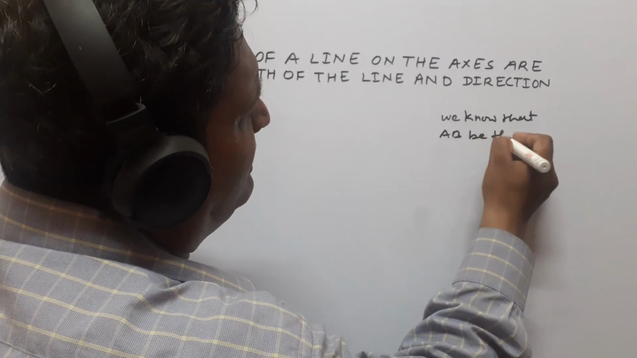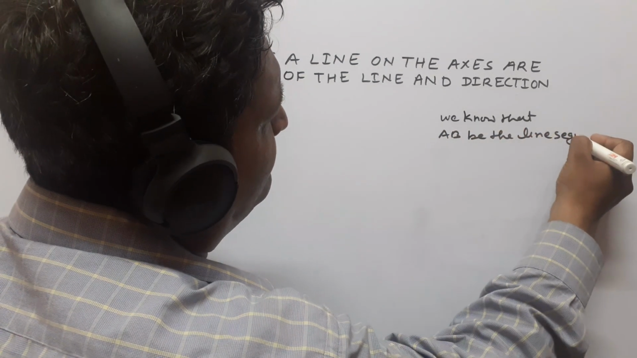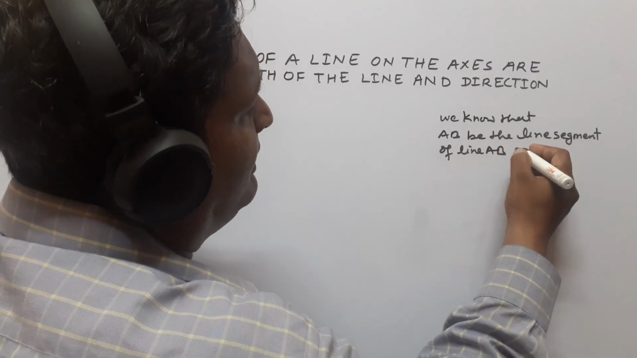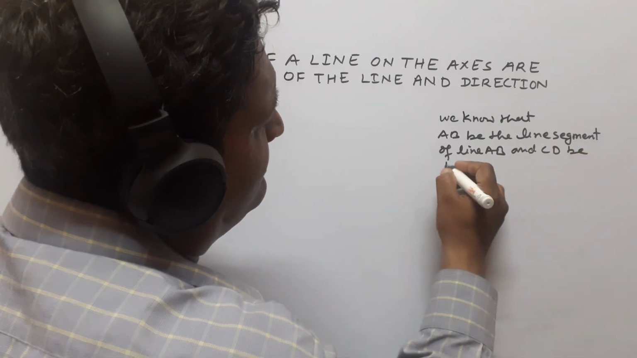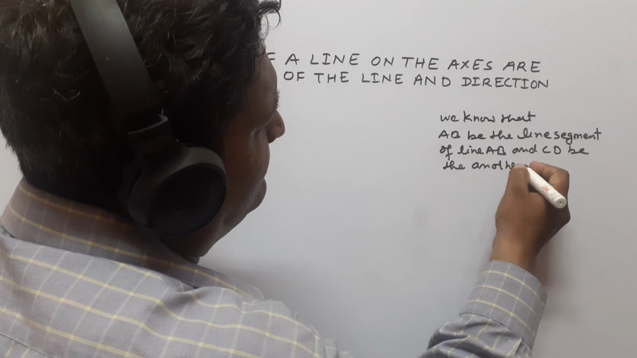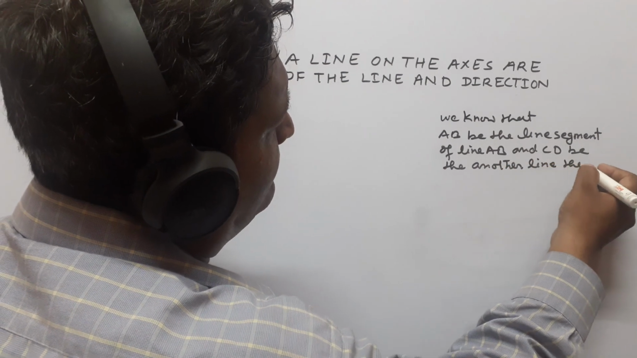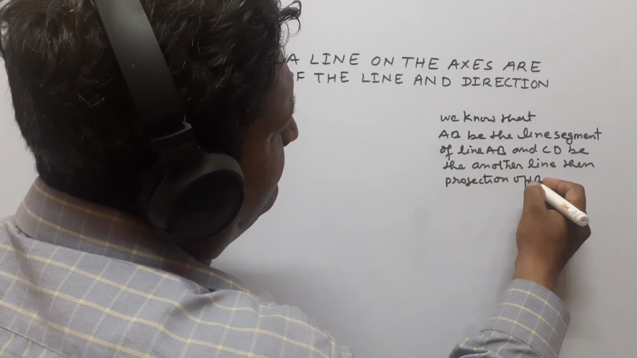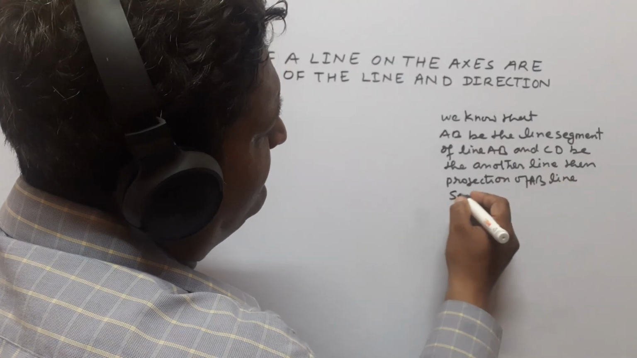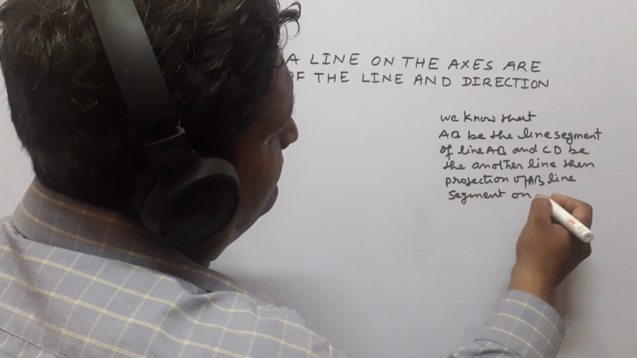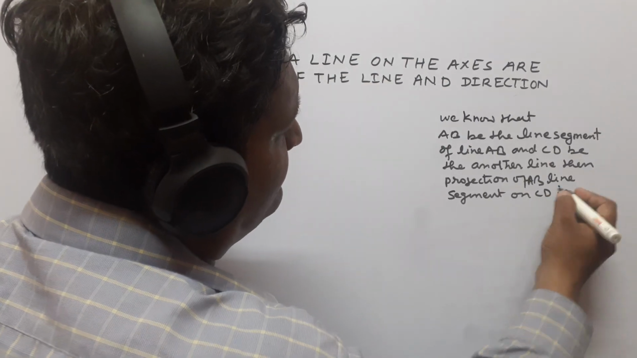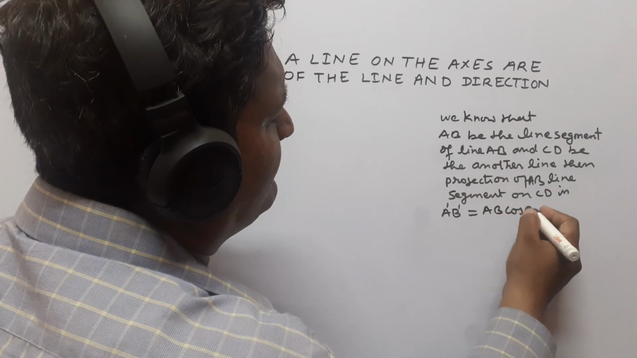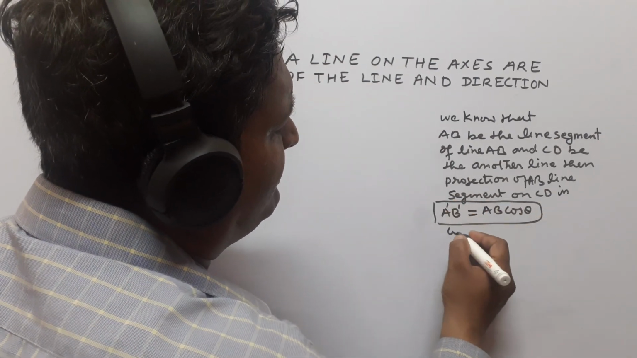if AB is a line segment and CD is another line, then the projection of line segment AB on CD is A'B', which is equal to AB cos theta, where theta is the angle between